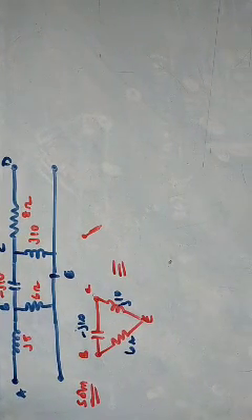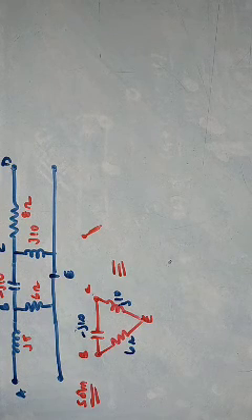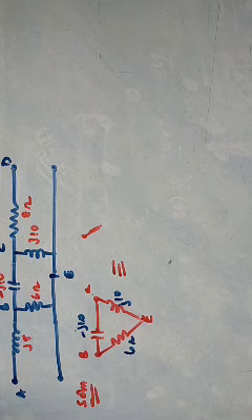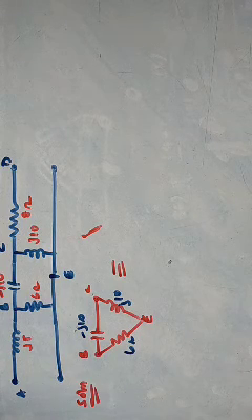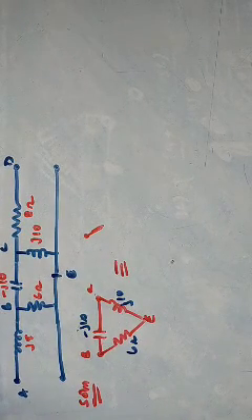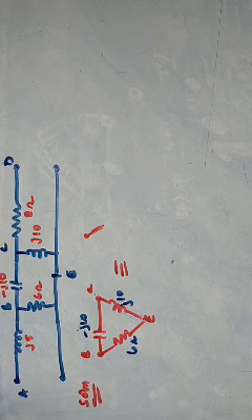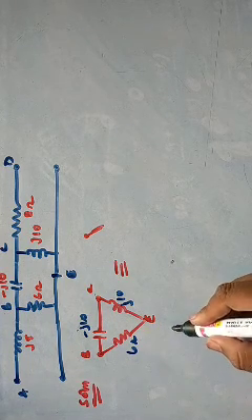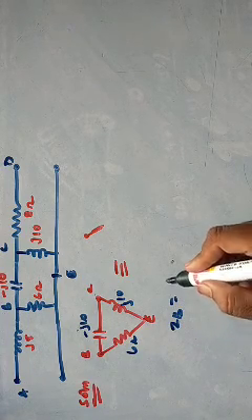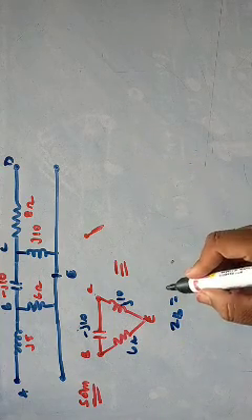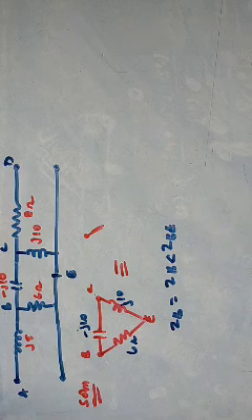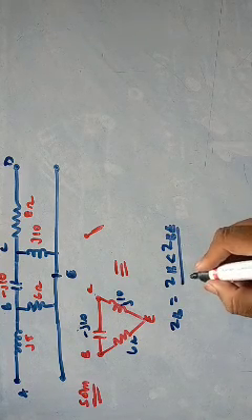I don't know what the end result will be. If it is positive, I have to write it as an inductor, and if negative, as a capacitor. So first I'll simplify, and later based upon the values I will write whether it is a capacitor or inductor. To find ZB, we have to write ZBC into ZBE divided by the summation of